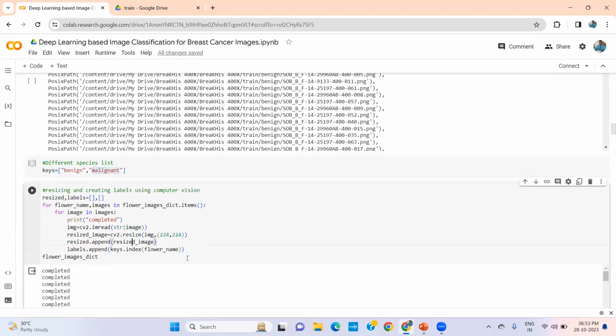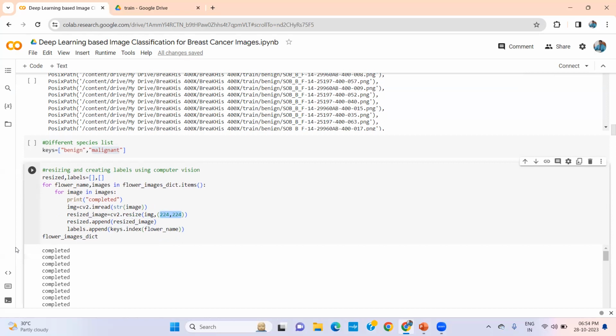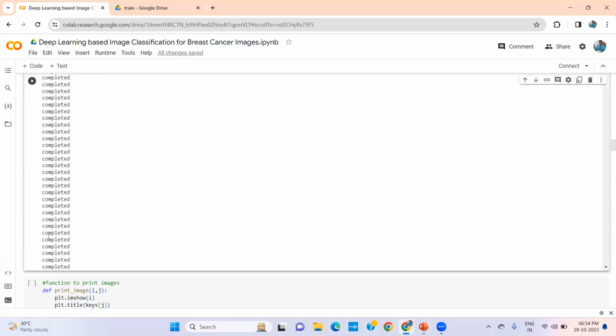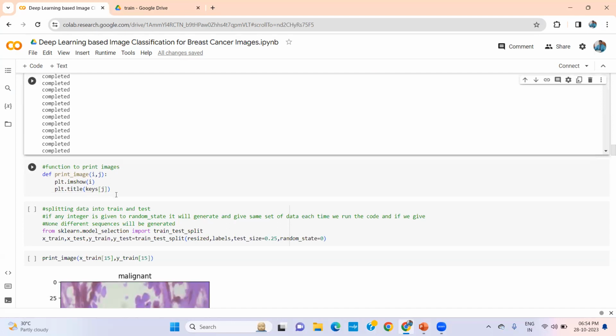Now is the time to do resizing and pre-processing of my images. All my images may be of different sizes, so I want to use the resize operator to reduce them to a standard size, say 224 cross 224. This is a big process because I have to do this for all the 4000 plus images, and it takes time to run this cell, so you also have to bear with that. Once you have completed all these resizing operations for all the 4000 images,